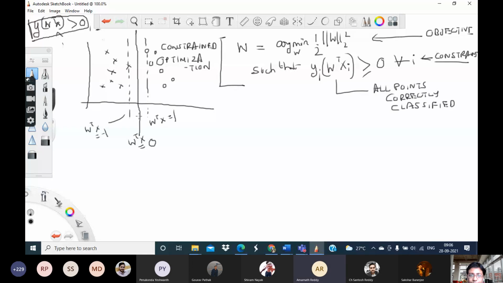Sir, but at the initial stage, what are the W's that we're going to choose? No, in case of the perceptron algorithm, which is an iterative algorithm, you can choose any W and just go on. In this case, this algorithm works differently. As of now, we are not required to choose any initial W at this stage. This approach which we are taking now is more like ridge regression or linear regression.